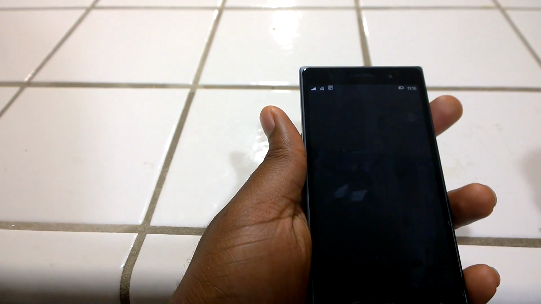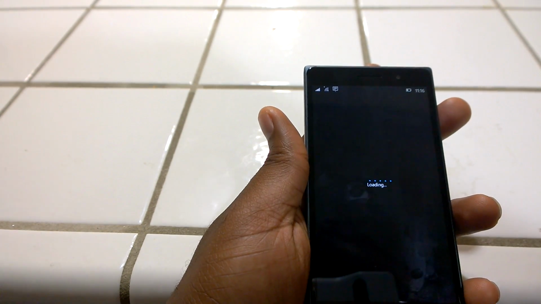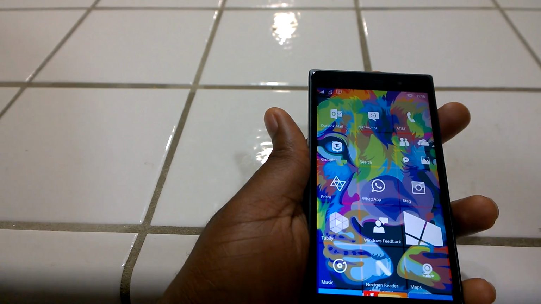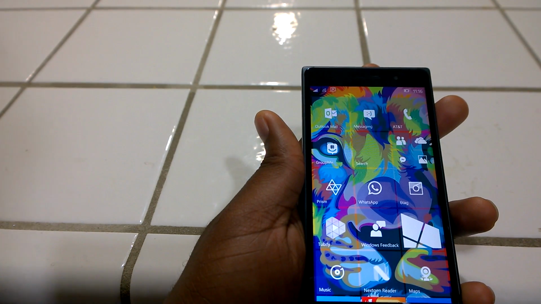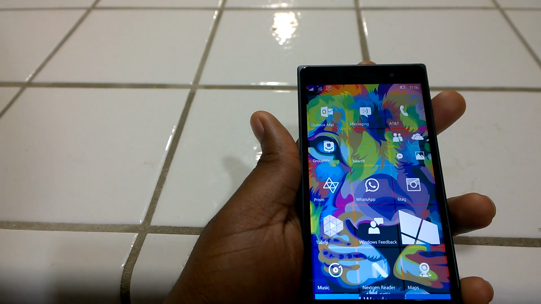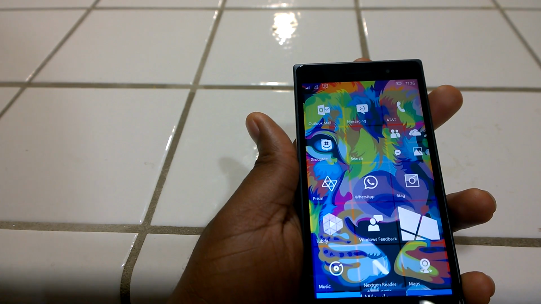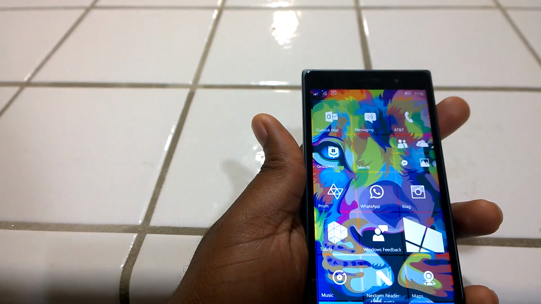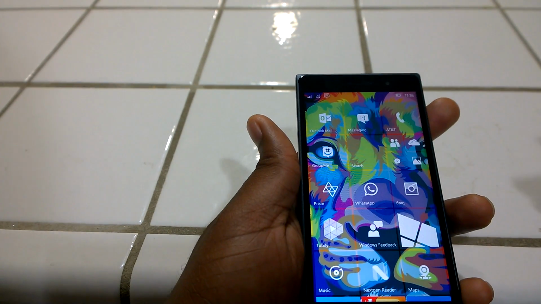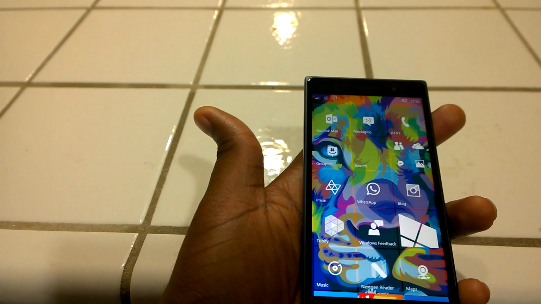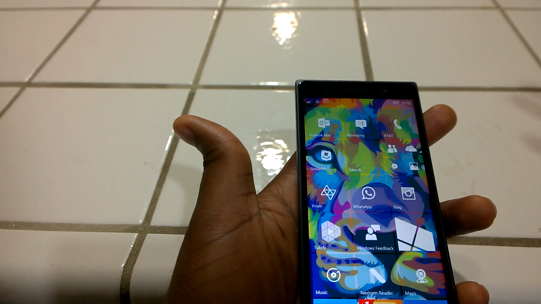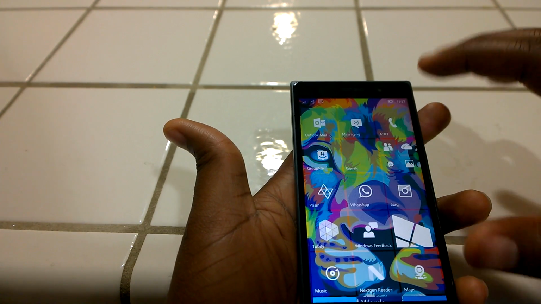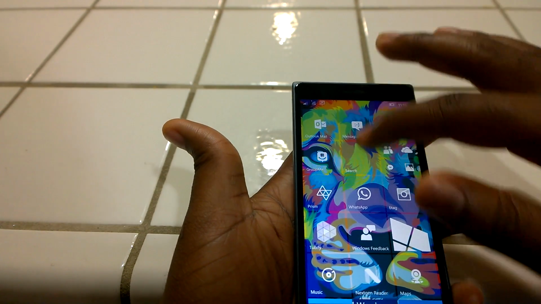So all in all, that's a quick look at Windows 10 Mobile build 10136. We are expecting a new build by next week, the last week of June, or probably the first week of July. But so far, I'll give this build a 6 out of 10. It is usable as a daily device. You have to be really patient, as you saw with this demo in the review I just did, because sometimes you can get unresponsive